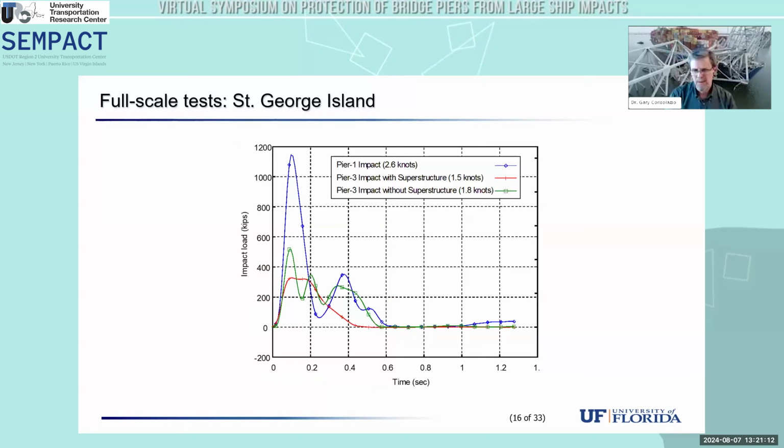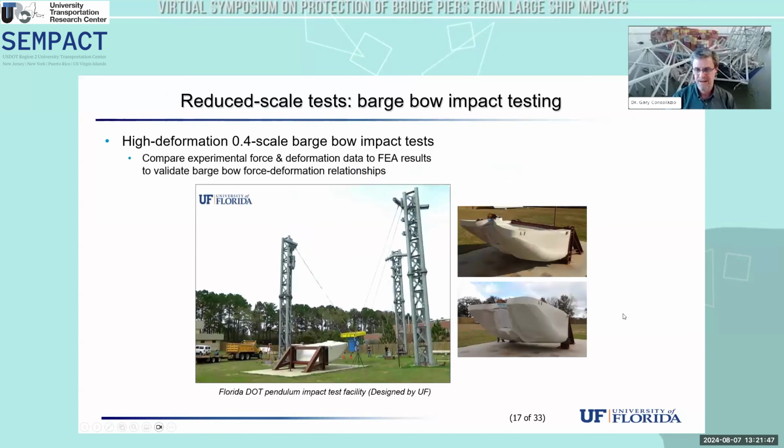And then some example or representative data sets from that testing. For some of the cases on Pier 1, we generated over 1 million pounds of impact force. For the Pier 3, which is a smaller pier, lower levels of load. What I'm showing here are traces or time histories of impact force for the case where Pier 3 was struck with the superstructure in place and without. And what I want to point out is the difference in the dynamic characteristics or the dynamic response of that structure with and without the superstructure. Those differences are a function of the influence of the mass of the superstructure, as I'll come back to in just a moment.